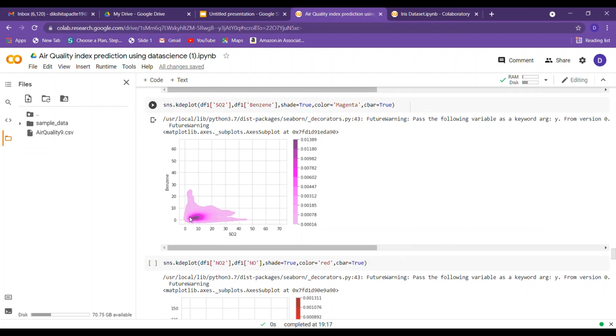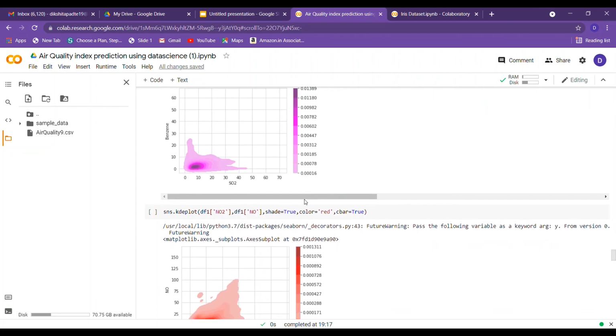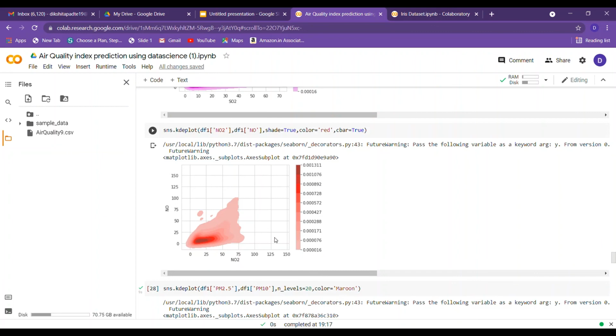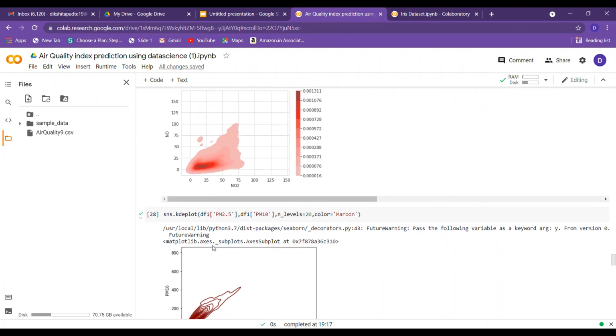Here you can see that this darker spot has more density, and where the data is widely spread, it has a lighter color and its density is also lesser. Similarly, I have plotted another KD plot, and here the data is widely spread.